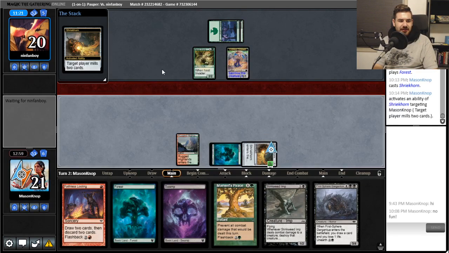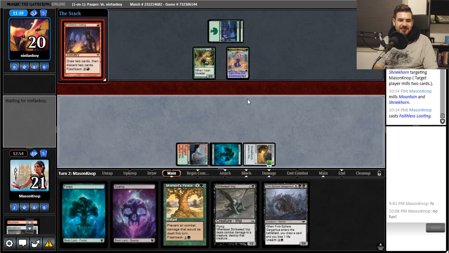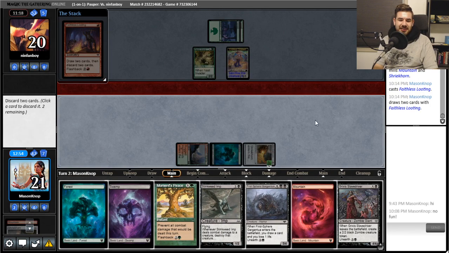Mill myself. Cool. What do we get? Shriekhorn and a mountain. I don't like that. That's not good. Well, mountain and a Slave Driver. Yeah, okay. We're getting rid of Stinkweed Imp for sure. I think we go ahead and...